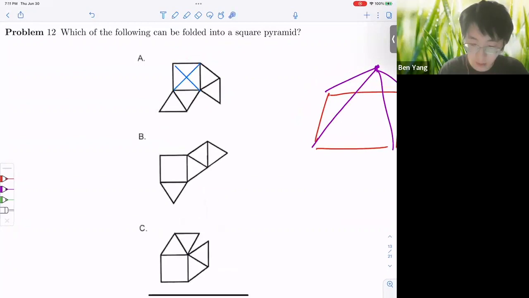If we want to fold this triangle up, then in the top view, it's going to be this triangle here. So let's color them using the same color, purple and purple. Now if you think about the bottom left triangle,